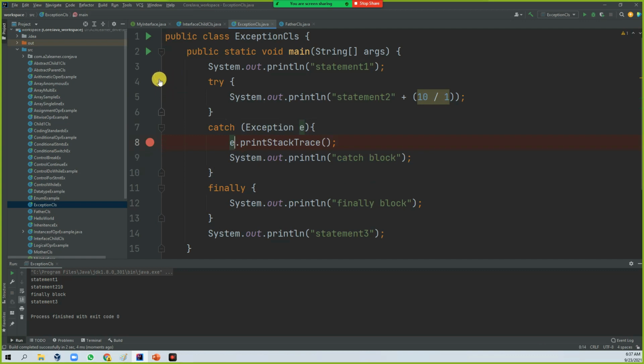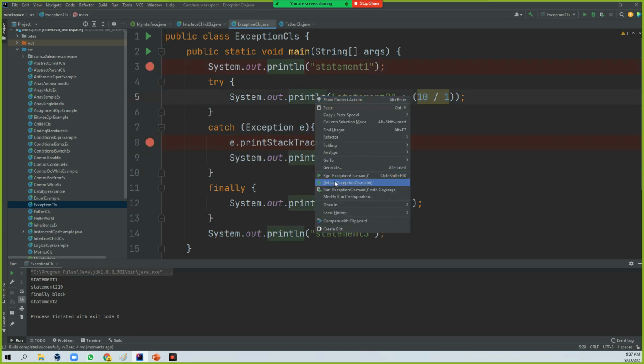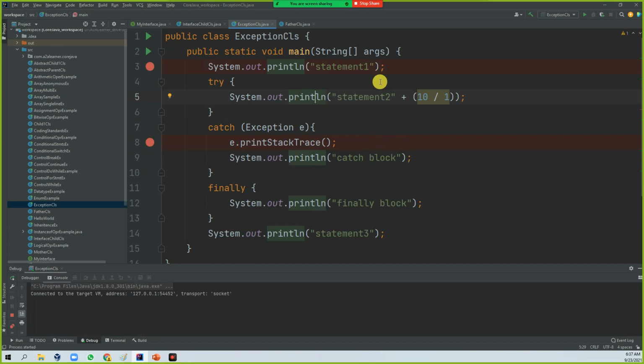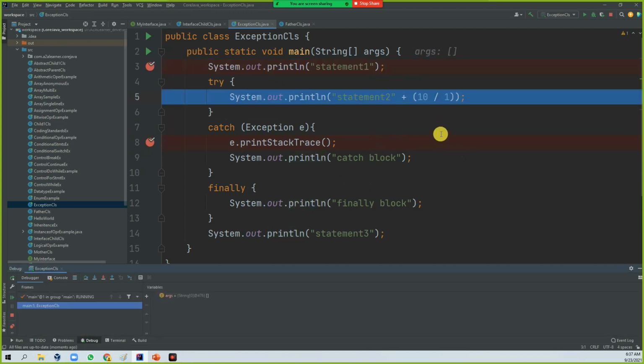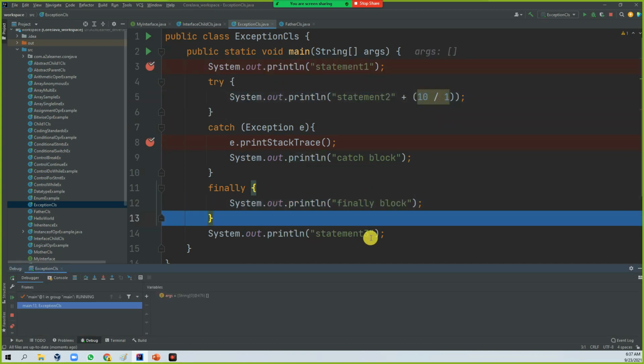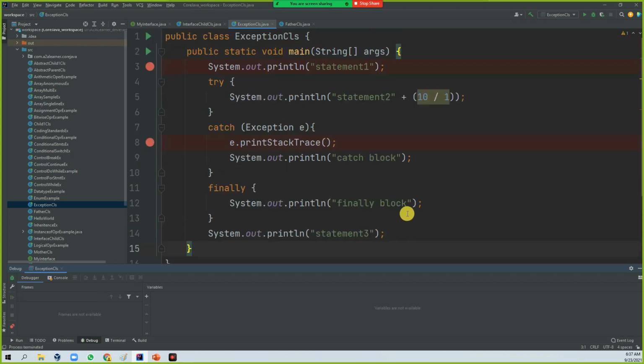If you run this program in debug mode, the controller first comes here. Let's move on: the finally block and statement 4. Like this it's executed. Let's put it back as 0, which was there earlier. Now run it in debug mode.